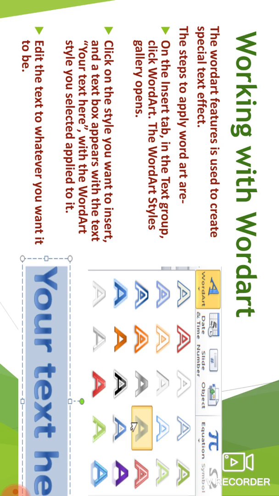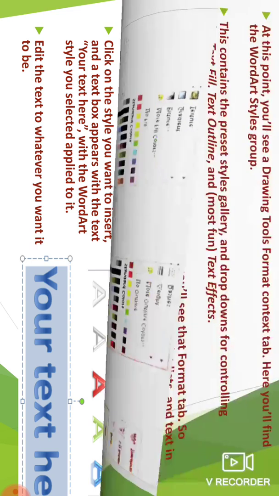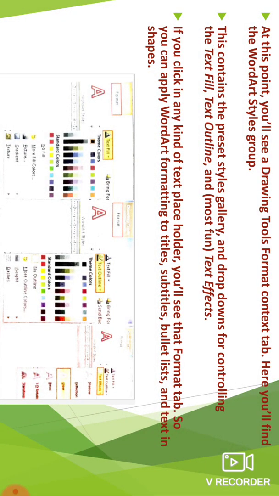Student, word art gives a special text effect. So many things you can also apply on this word art. Means you can change the color, you can change the outline, and you can also give effects to this word art. How will you do this? When you select the word art box, you will see a new tab appear here, the format tab under the drawing tools. Means select the word art. When you select the word art, you see drawing tools in which the format tab will be there.